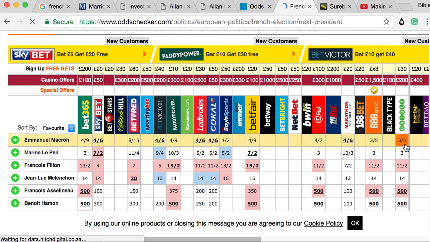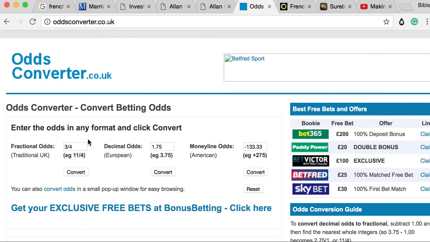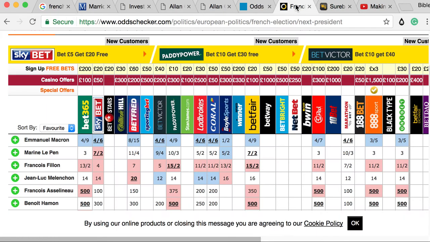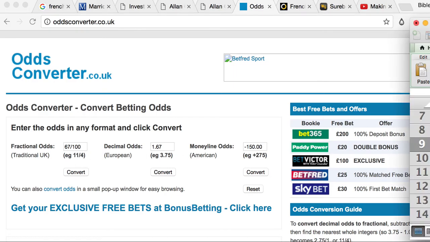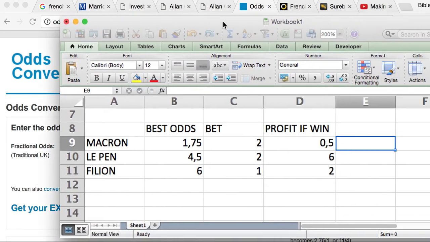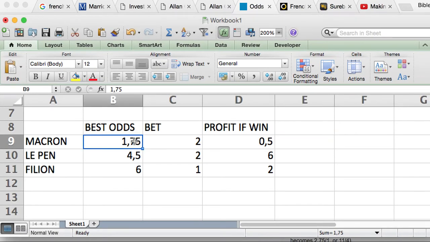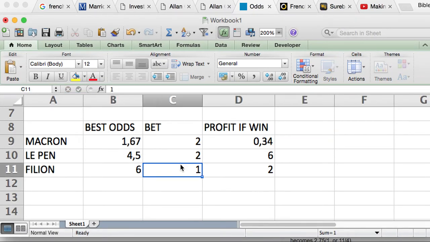Okay, already we can see some of the odds are worsening, which means I just have to quickly convert that. Okay, it's now 1.6. Does that now make them not the best? No, the best now is 4.6, sorry. I'm just converting them into decimals because it makes it easier. Okay, so I do have to reduce my odds. The odds are changing. This has been changed a few seconds ago.